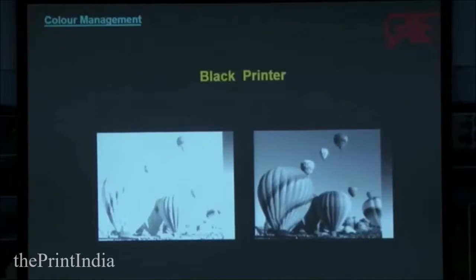Then we add black to cyan, magenta, yellow. So the one on the left is called skeleton black, the one on the right is called full scale black. When you get your grays right, you find from highlight to mid-tone, your grays are looking nice. But once you cross the mid-tone and go over, it's difficult to get good gray. It starts looking a little bit brownish. Okay. So therefore,